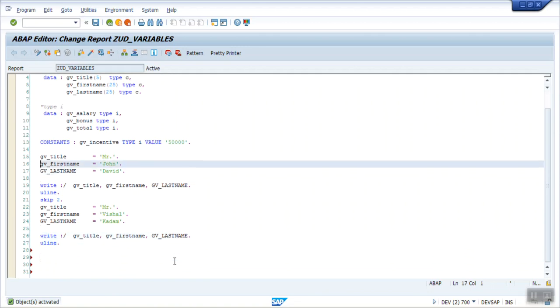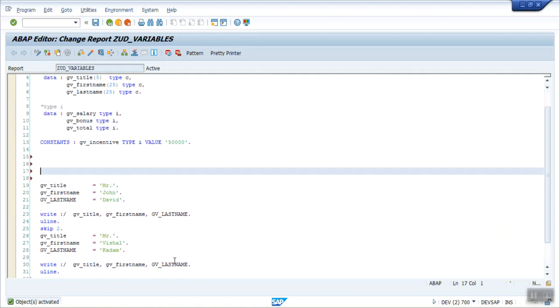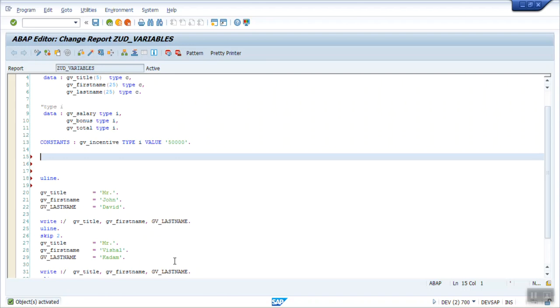Okay, we have already seen the first two, so I will print here only. Again print the same way, with a colon, slash, and I am printing the value here as gv underscore incentive.